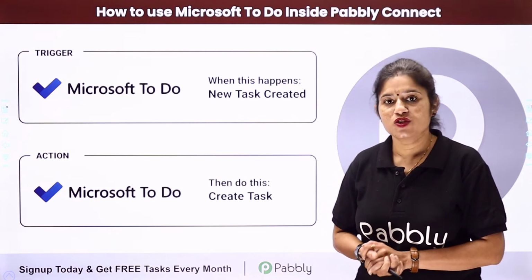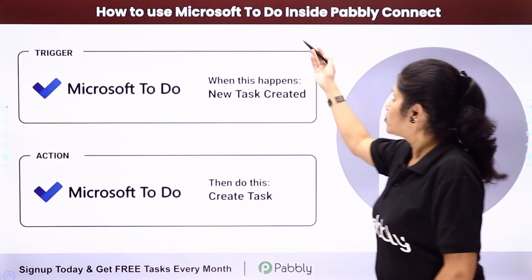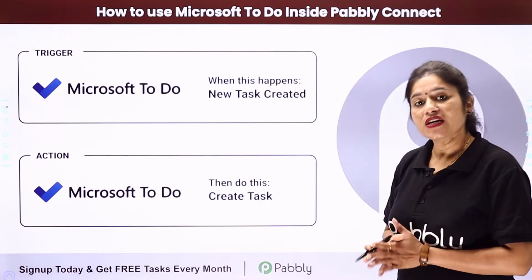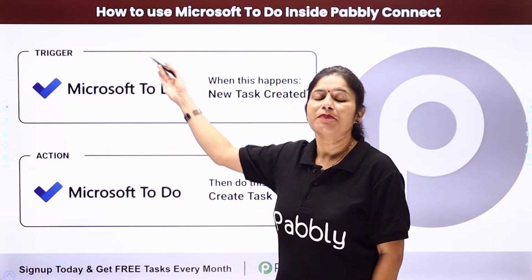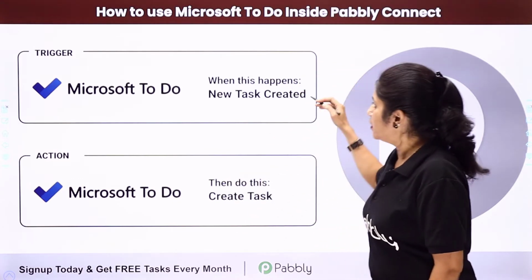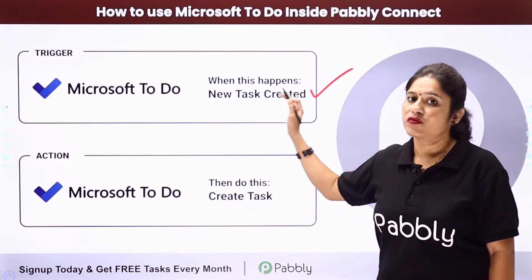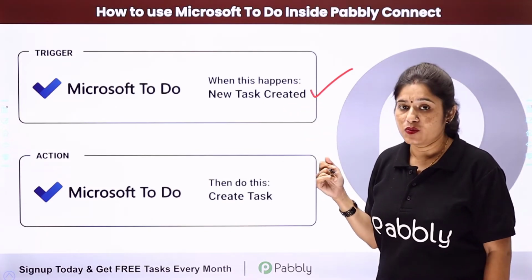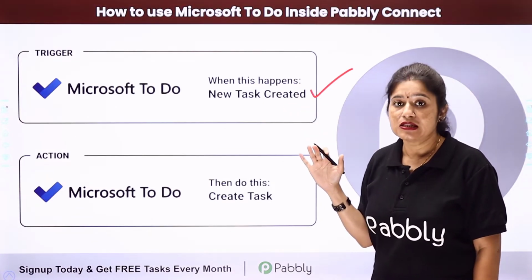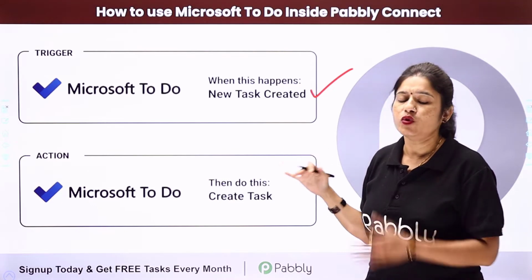In this video, we are going to learn how to use Microsoft To Do inside Pabbly Connect. So first we will be seeing how we can use Microsoft To Do as a trigger application in Pabbly Connect. It means whenever a new task is created in your Microsoft To Do software application, Pabbly Connect will automatically capture the response, and then using those details, the same data can be sent to